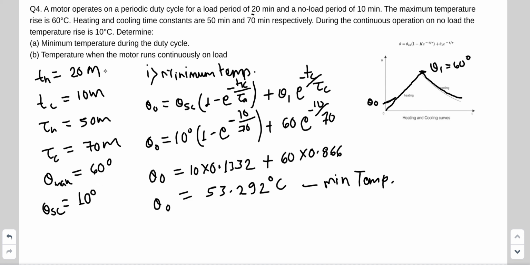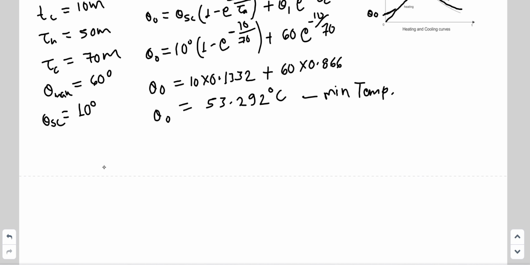Now we will go to the second part. So we have to calculate the temperature when the motor runs continuously on load. So we have to calculate the steady state value of increasing temperature, this temperature theta SS. So we will use the formula for heating period. So for heating period,